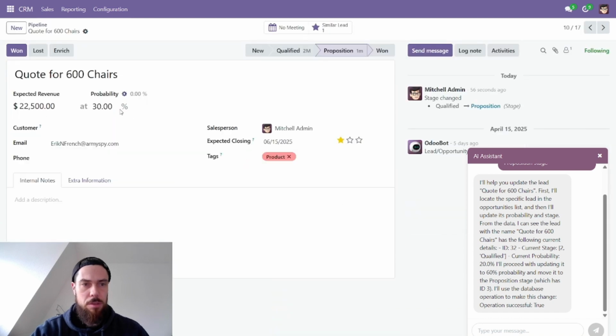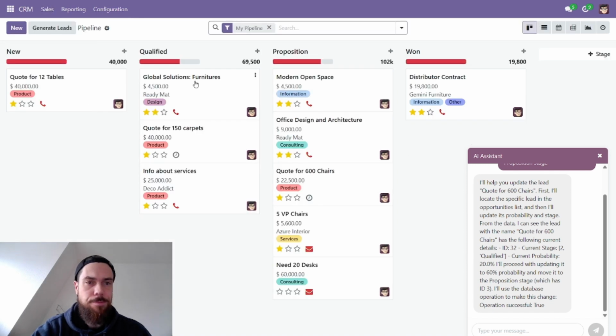So it didn't update the probability correctly, but it changed the stage, so maybe there's still a bug or a problem. Maybe it's because I updated by hand. Yeah, it could be. Let's try another one.